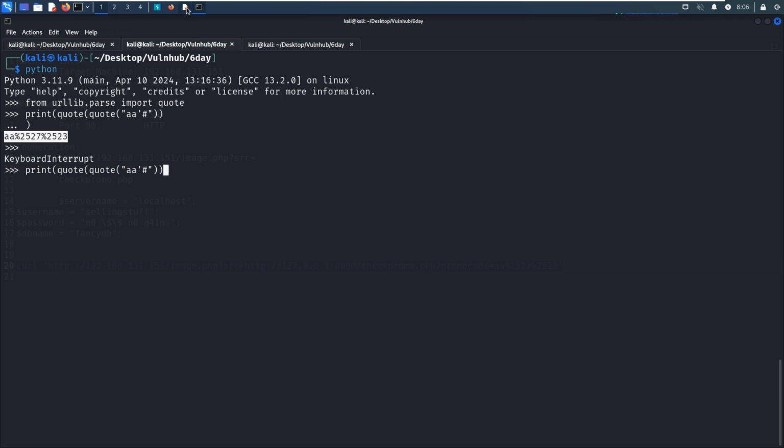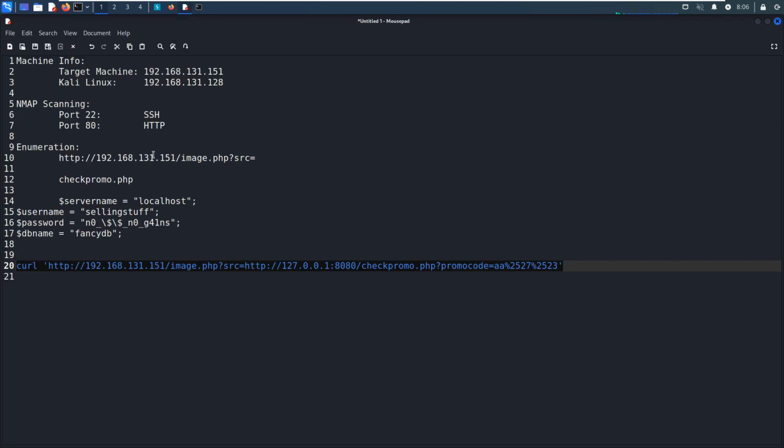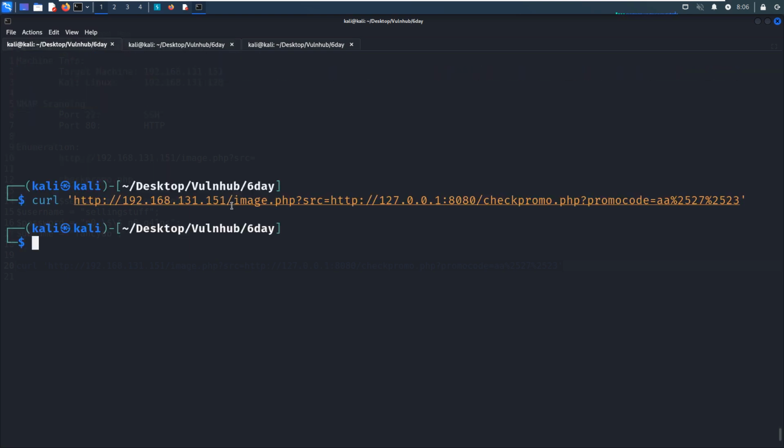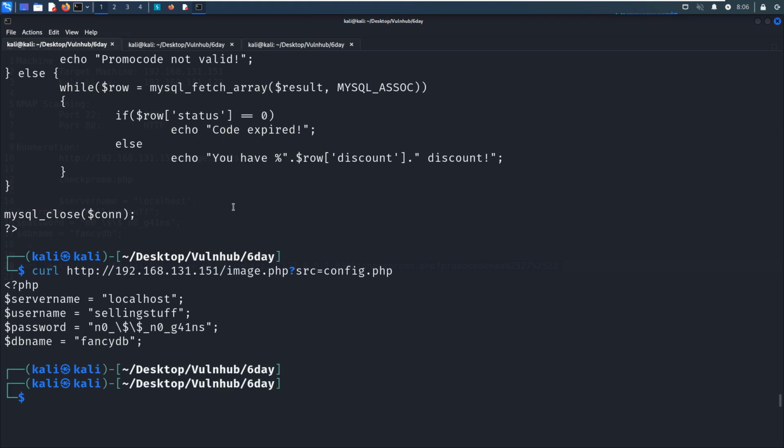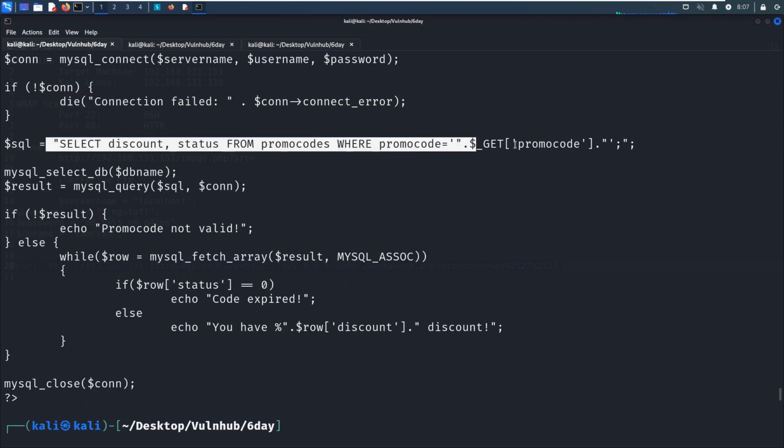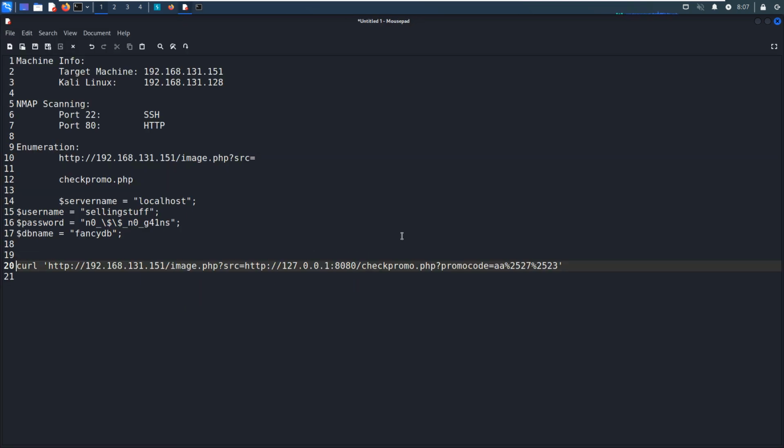Of course, for this machine, maybe I can copy this SQL statement. There will be 2 columns, discount and status.